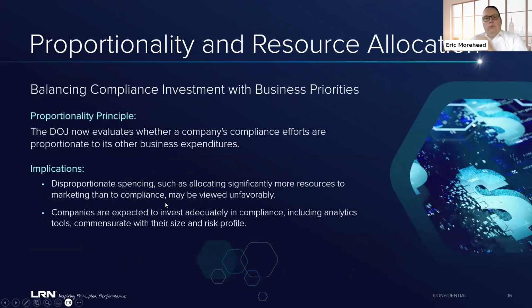So what prosecutors are supposed to do now when they're evaluating effectiveness is look at the proportionality of the resources that are being provided for compliance. What does this mean? Well, if you have a compliance program where, remember that second bullet from a slide or two before, you've identified risks and they haven't been addressed, but you have a marketing budget that's doubled or tripled or quadrupled in the last 4 years, those are factors that are probably not going to inure to an organization's benefit if their program's being examined.